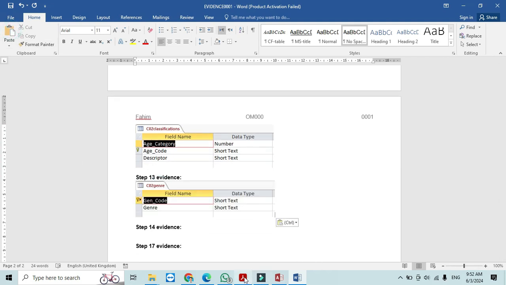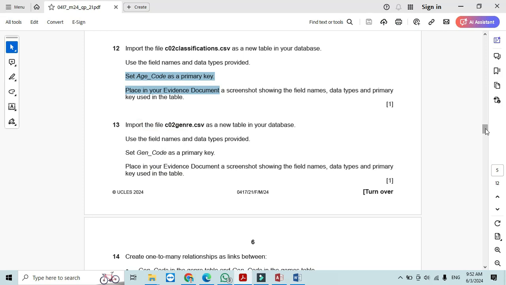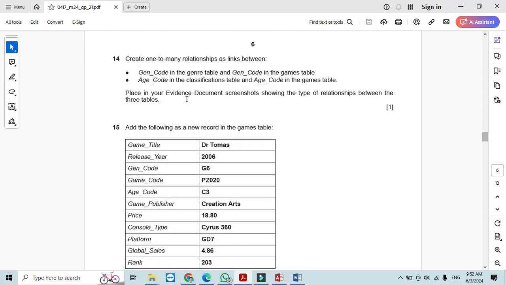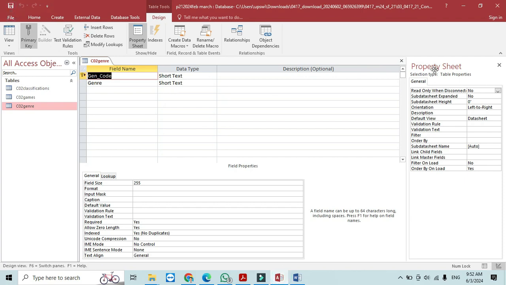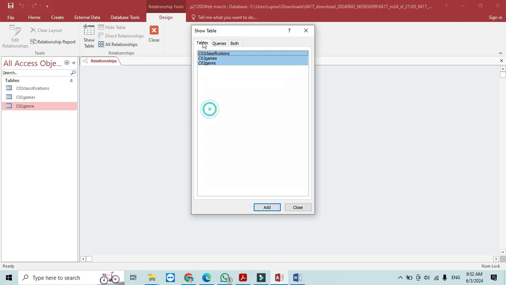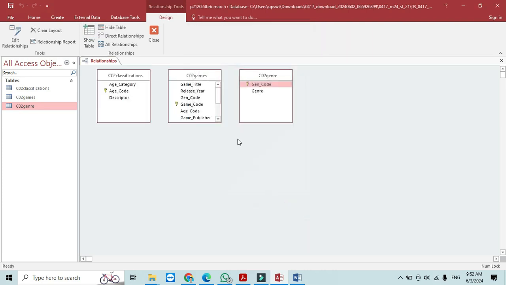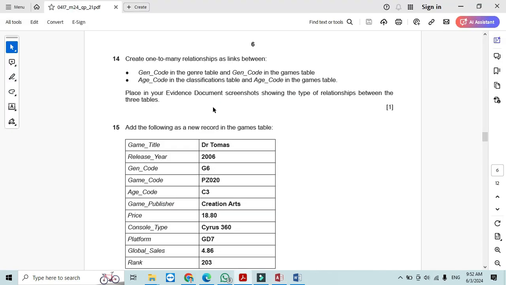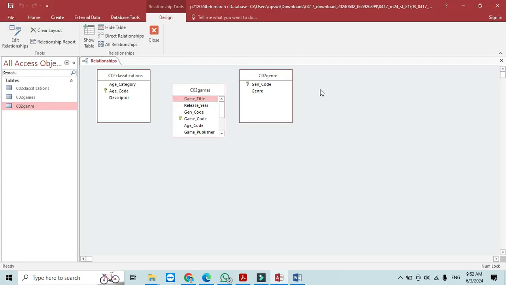After done all these steps, we are moving forward to create a relationship link. Save, close, database tools, relationship. First add all three tables. Now we need to create a relationship in the generation code in the January table with the generation code in games table. So these two are going to have a relationship,